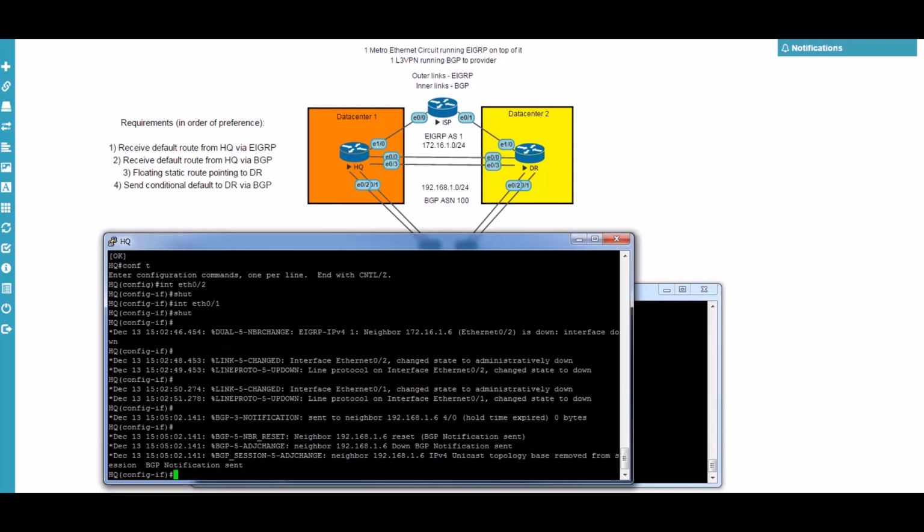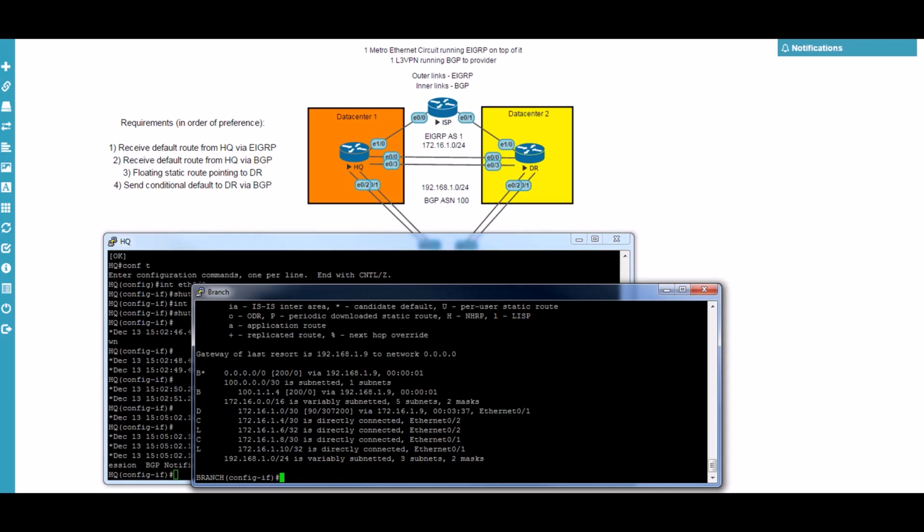So I've gone ahead and shut the links on HQ to test this, and what I'm seeing is that the BGP default is still coming in via BGP, even though the loopback is still seen at the DR. We don't want that to happen. What we want to happen is if HQ completely goes down, we want then the default to be advertised via